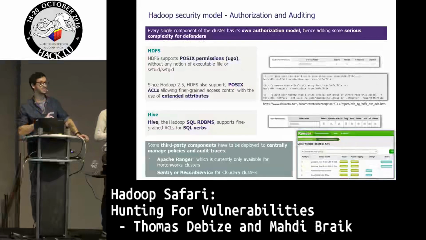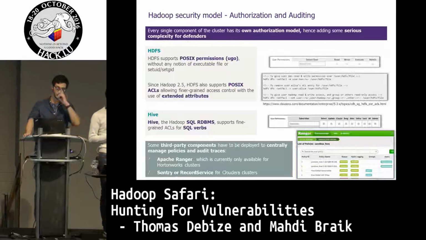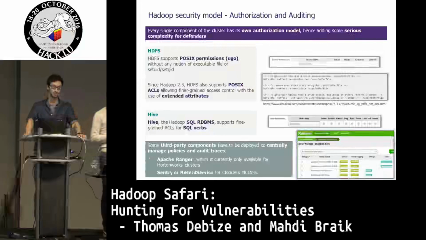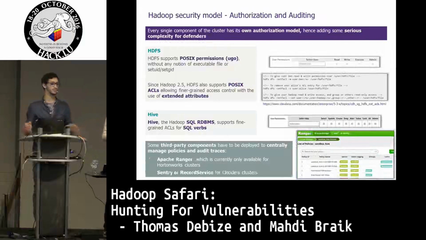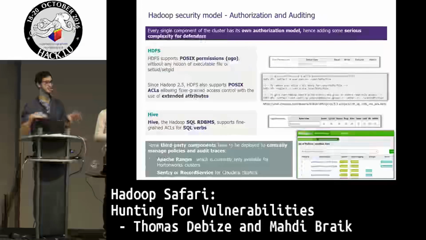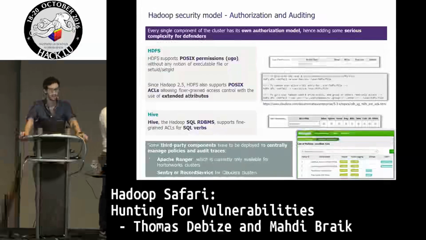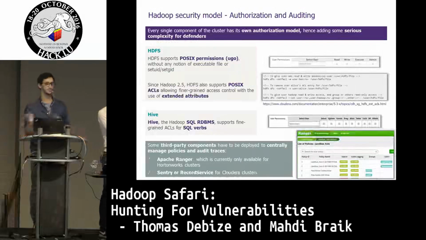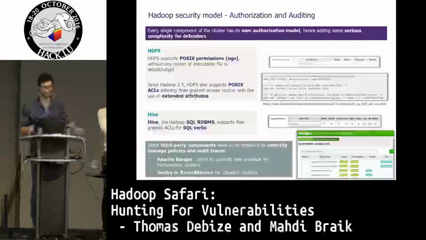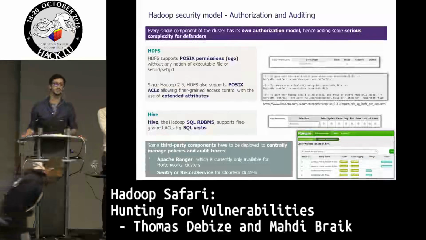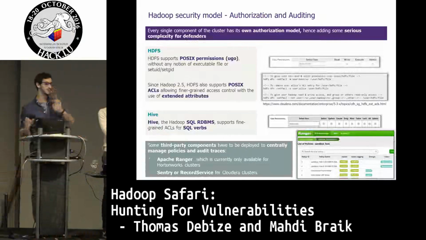Another component is Hive, which is a SQL-like database, but on Hadoop. It supports fine-grained ACLs for SQL verbs. For example, you can grant access for select, update, etc. to a user or a group of users. So to manage all these different